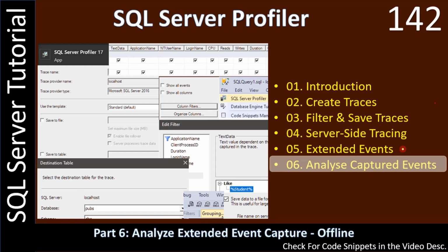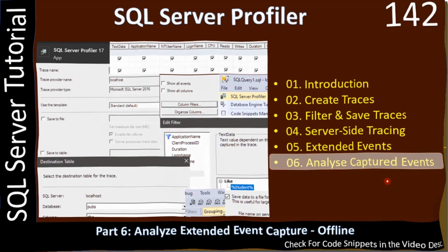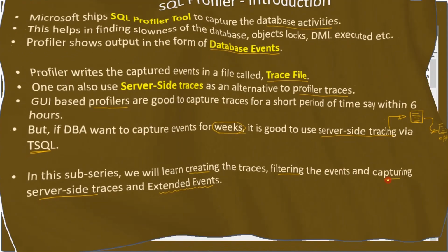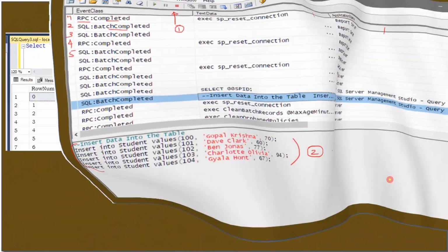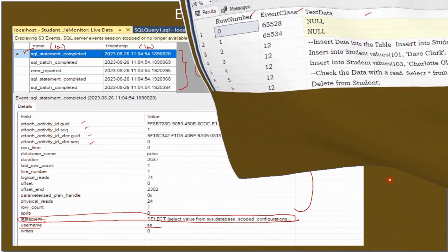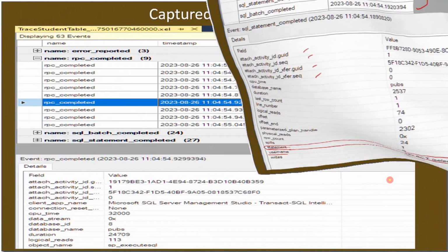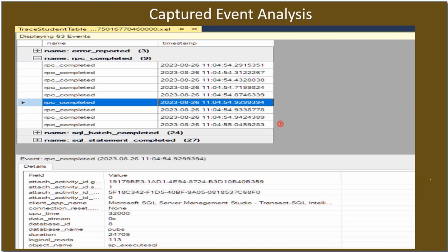In the last video you saw the captured events in the UI itself, but if you don't want to see the stuff in the UI, those will get collected in the background file. So in this video we will open that file and see some of the analyzing techniques. There are a lot of analysis techniques available, and here in the offline view we are just